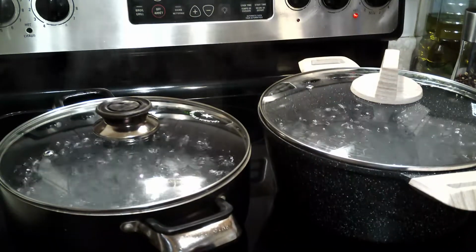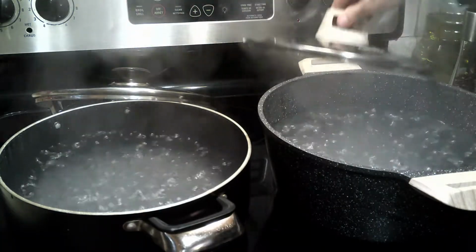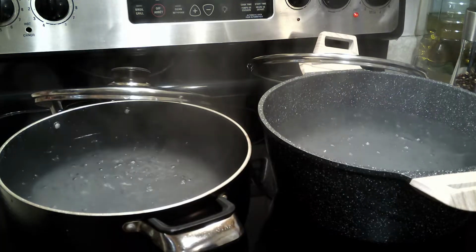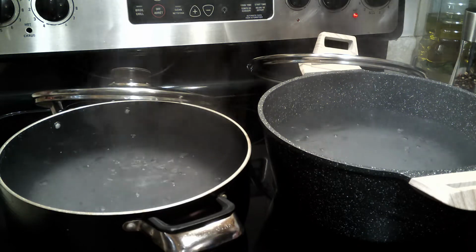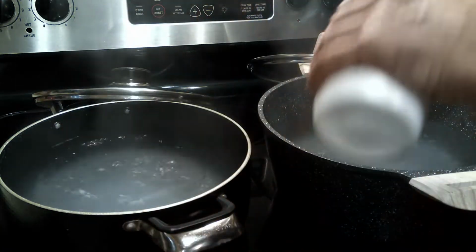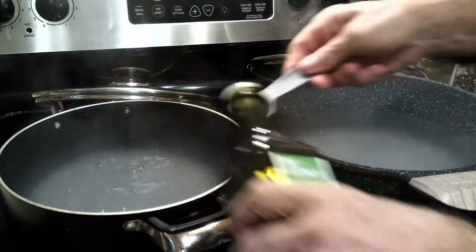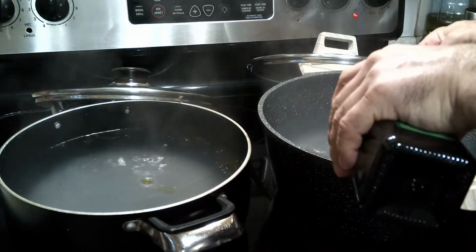Now we will put a pot on the stove, add water, and wait for it to start boiling. When it has started boiling, we are going to add a tablespoon of salt to the water. And we are also going to add 2 tablespoons of olive oil. Olive oil is going to help